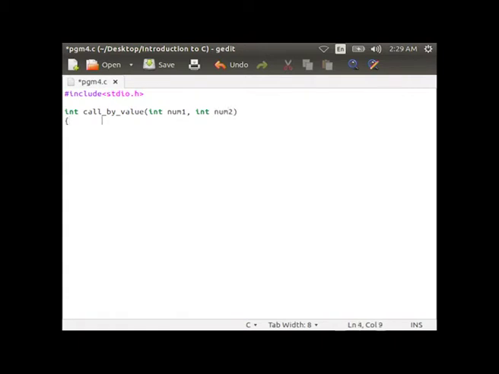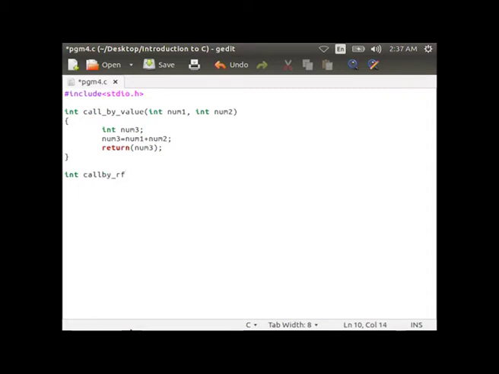Now, you define the function body, start the curly brace, int num3 equal to num1 plus num2, return num3, then close the brace.